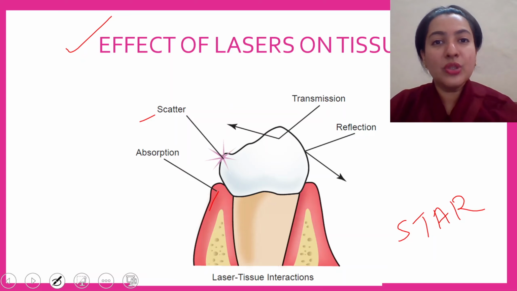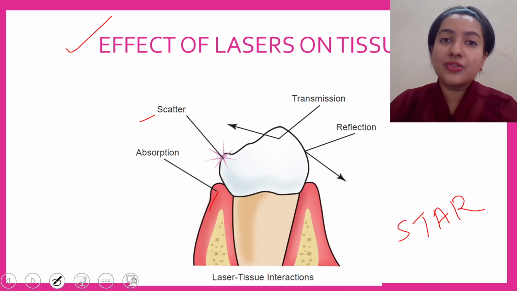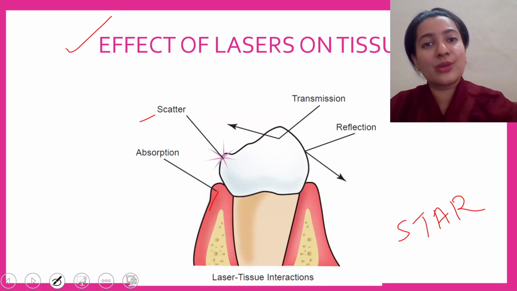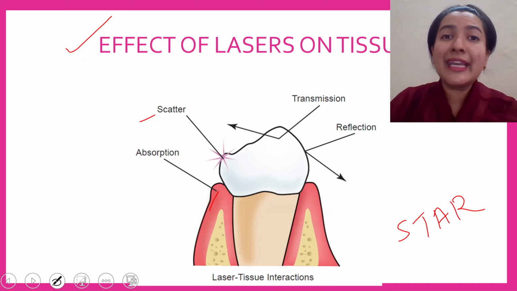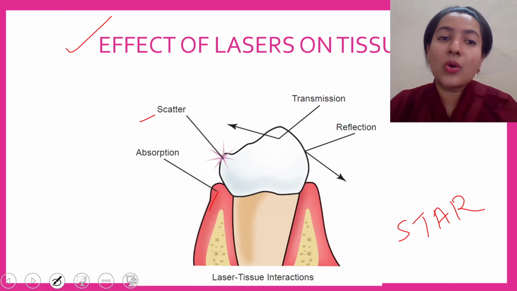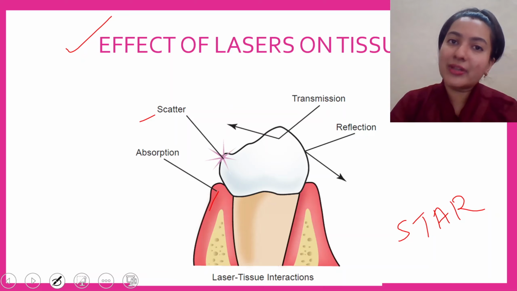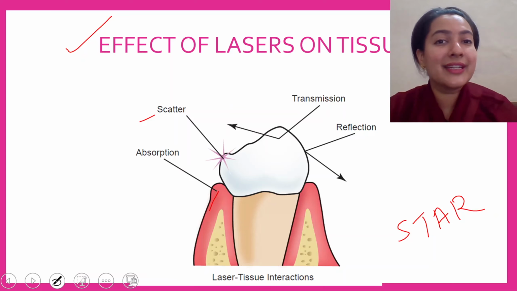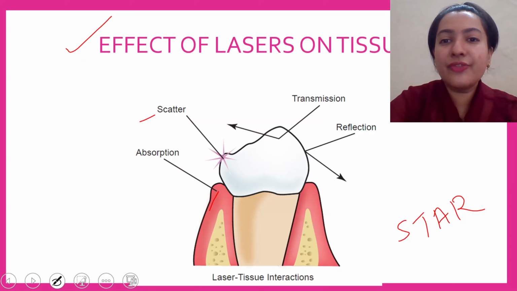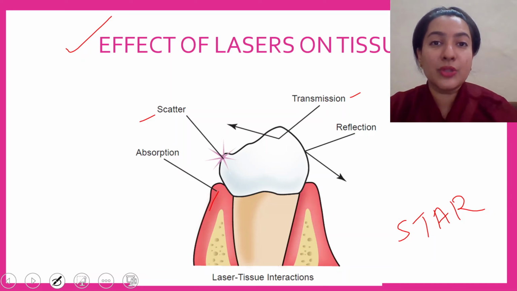Suppose you are pointing your laser on the gingival middle third of the central incisor and it is not getting concentrated in that area, rather it is getting scattered to the nearby central incisor, lateral, canine, lips, enamel. So that is what is known as scattering. It does not get concentrated at one area, rather it gets scattered to the nearby areas. Next phenomenon that can occur is transmission.